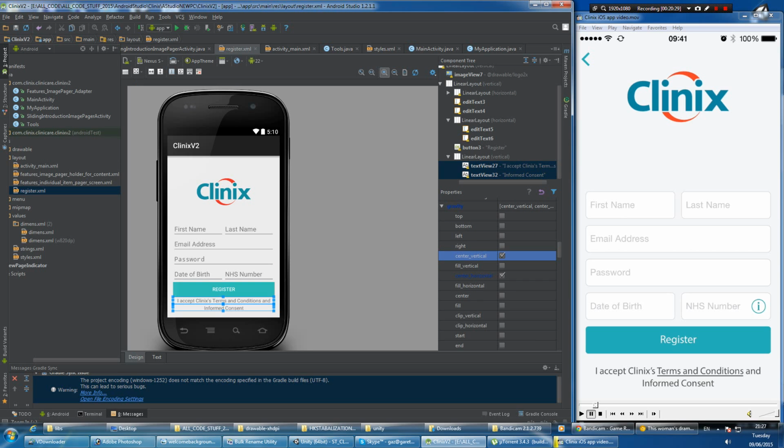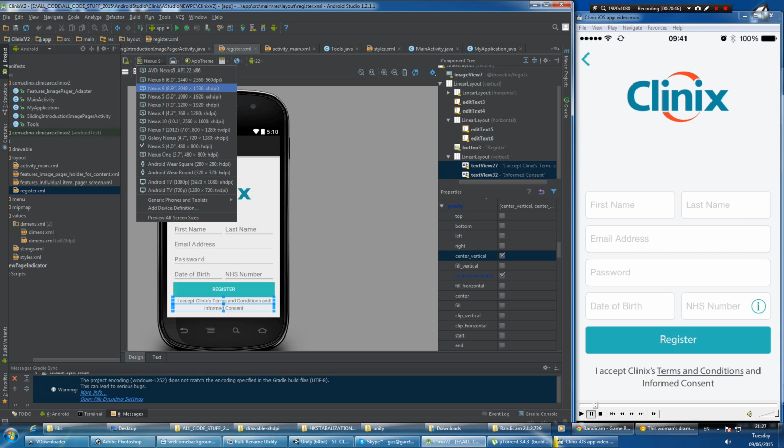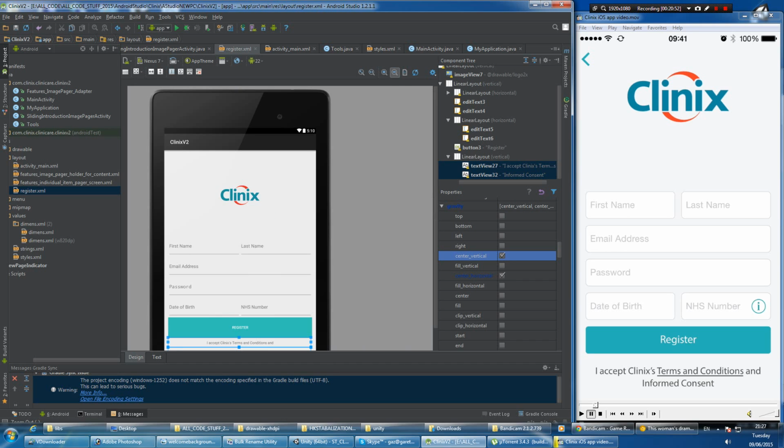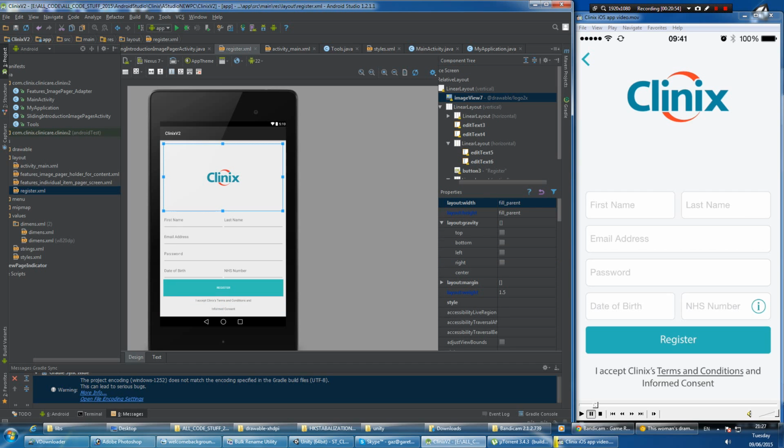Right. So: first name, last name, email, password, date of birth, NHS number, register. Well, you know what? I think that's pretty much it. There's a few things you might want to pad and try a few different things out, but that is essentially how to make a very simple